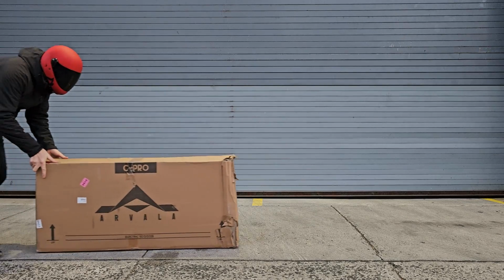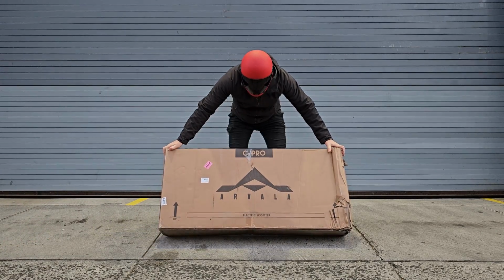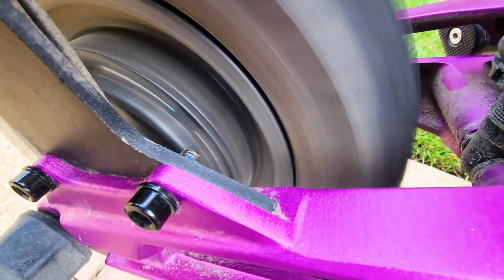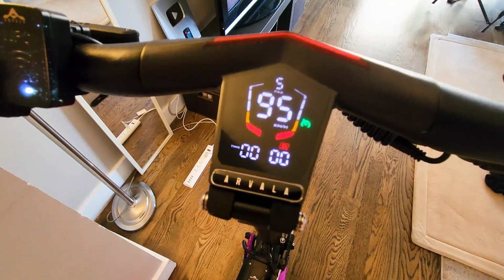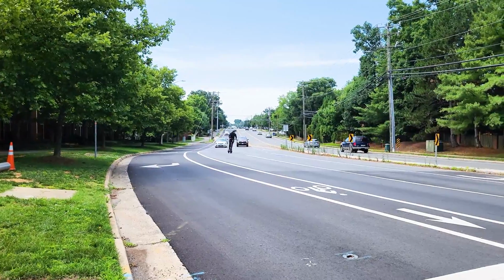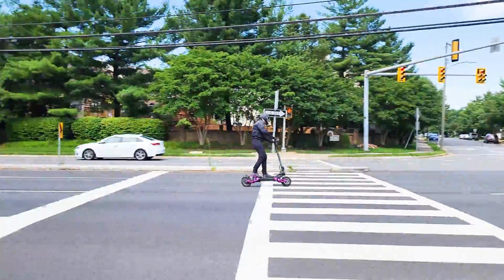I have something really cool for you today. This is the new electric scooter from Arvala. We previously tested the M11 and M10. The M11 has monster power delivery and the longest range in a 60-volt configuration I've tested so far, but a very high price tag where the